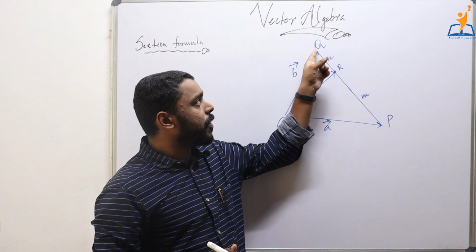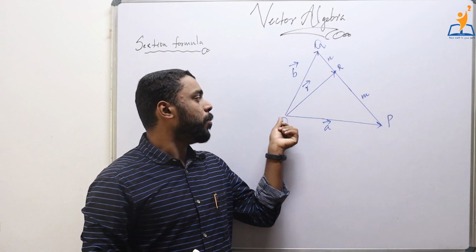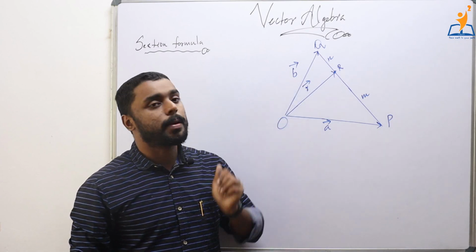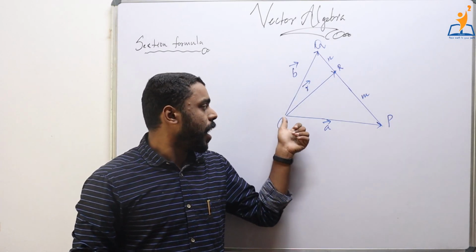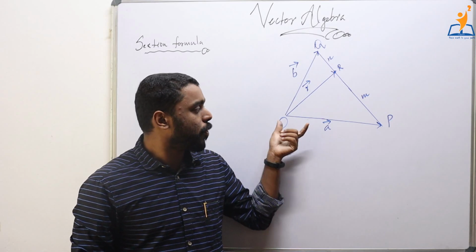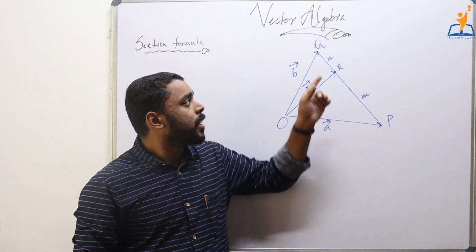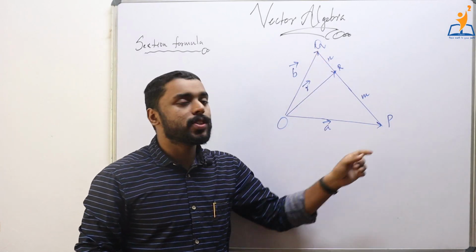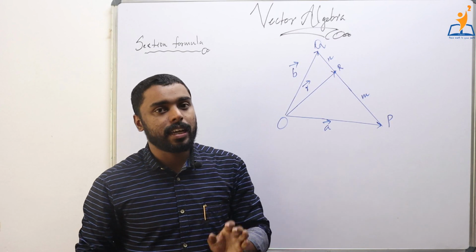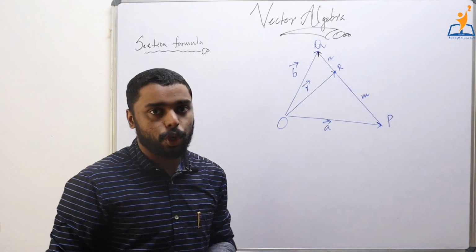Suppose that we are provided with 2 points, say Q and P. We know that the vector which starts from O to Q is nothing but the position vector of the point Q, and we name it as B. Similarly, the vector which starts at O and terminates at the point P is the position vector of the point P, and we name it as vector A. Now suppose there is a line. We can connect the 2 points to get a line joining P and Q, and PQ is the vector which starts at P and ends in Q.